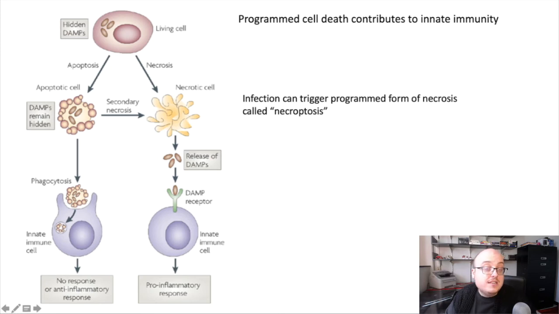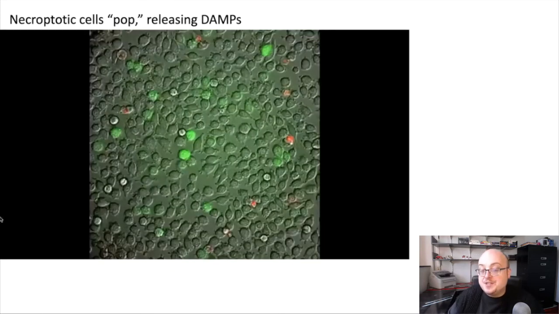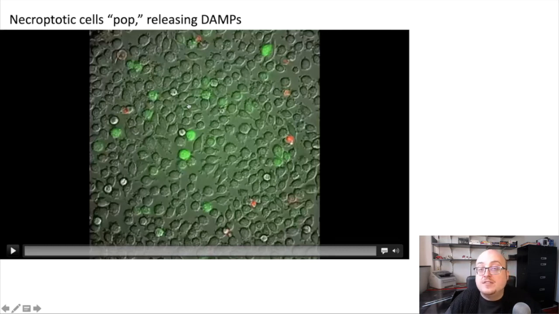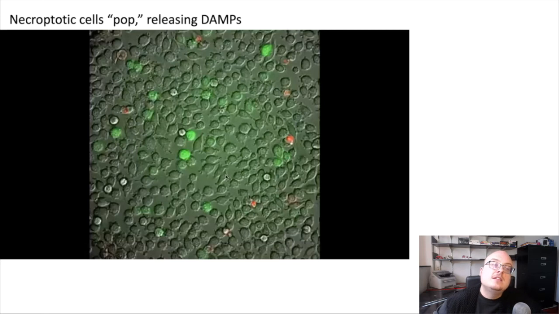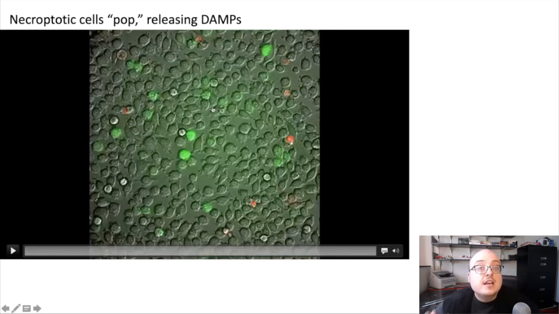So we can also see necroptosis happening under the microscope quite nicely. So in this cell preparation, these cells have been infected with a virus. The virus turns the cell green, so any of the green fluorescing cells are infected. And there's a dye in the medium of the cell culture, which, when it binds to the DNA of the cell, will turn red. So right now, the red cells are dead cells. So when a cell turns red, that's because it's died. It's because it's lost membrane integrity. So the virus in this preparation causes necroptosis. So we're viewing necroptosis happening.